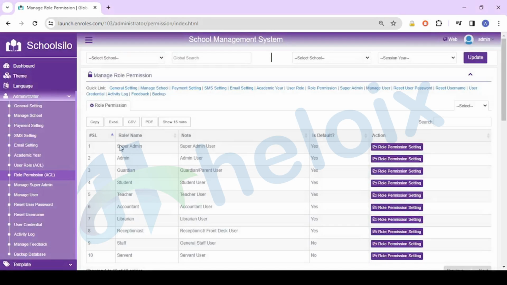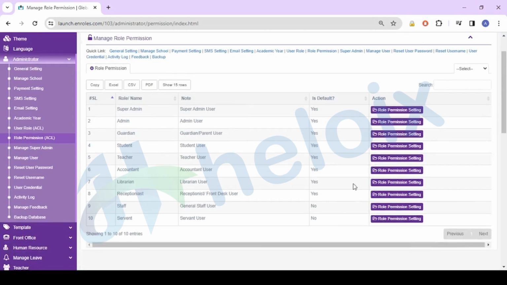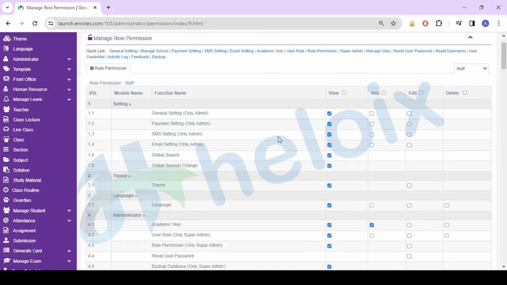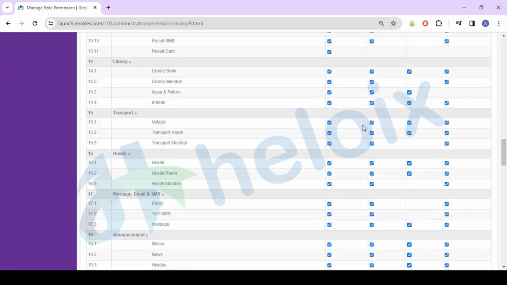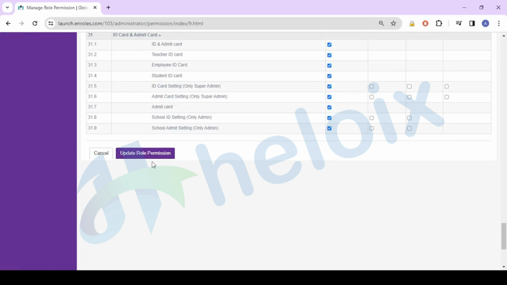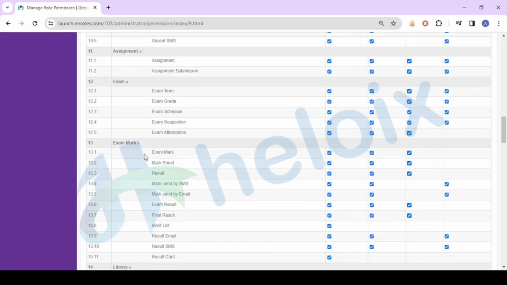After that, role permissions, so you can check or update what role permission you want to update. Here just click on role permission settings. So here you can update role permission, what permission you want to allow or disallow. See, these all are permissions related to the solutions which you allow, then they can easily use or manage that. See these details. Okay, so if I want to update, I can update as well, or I can cancel.